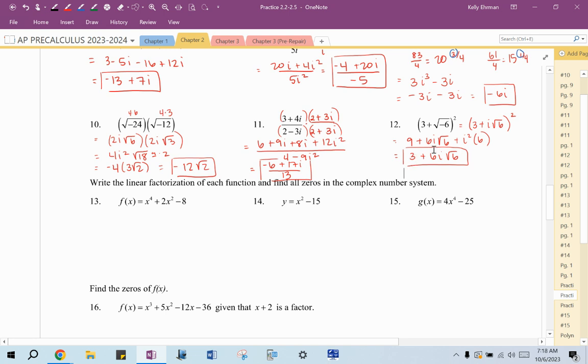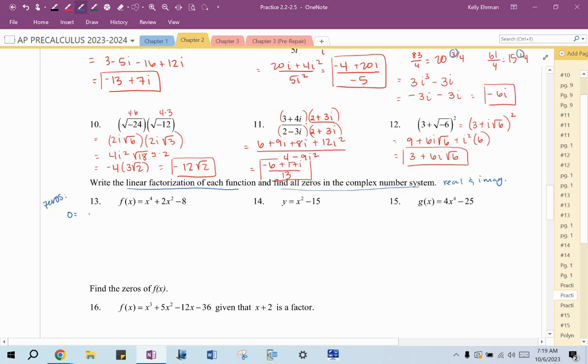Okay. Now for this section, write the linear factorization for each function and find all zeros in the complex number system. Remember, the complex number system is real and imaginary. Linear factorization means we're not stopping at x squared or anything like that. We've got to get it down to x, x, x. So to begin, I like to begin with finding the zeros. Remember, that's what we did in our notes. So set this equal to 0